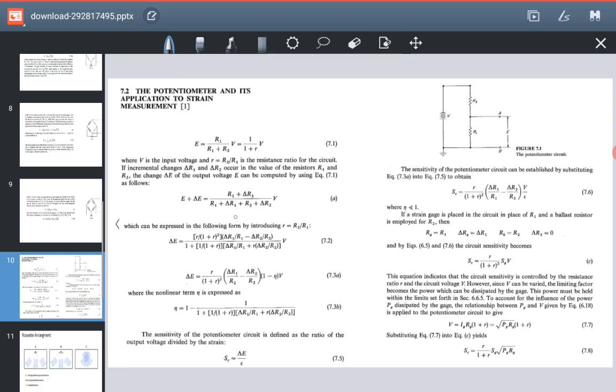now let us assume that some strain is produced, and the E dash becomes equal, and delta E becomes equal to E dash minus E. So the new change in potential will be E dash, delta E plus E. This is delta E. Okay, so this is what we have written in here. Okay, as